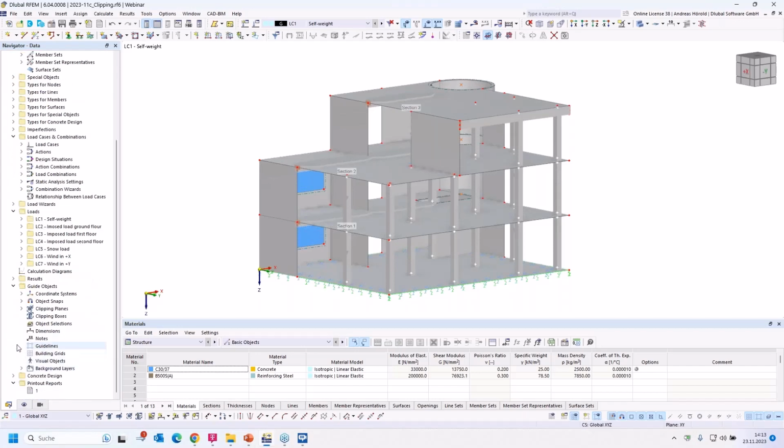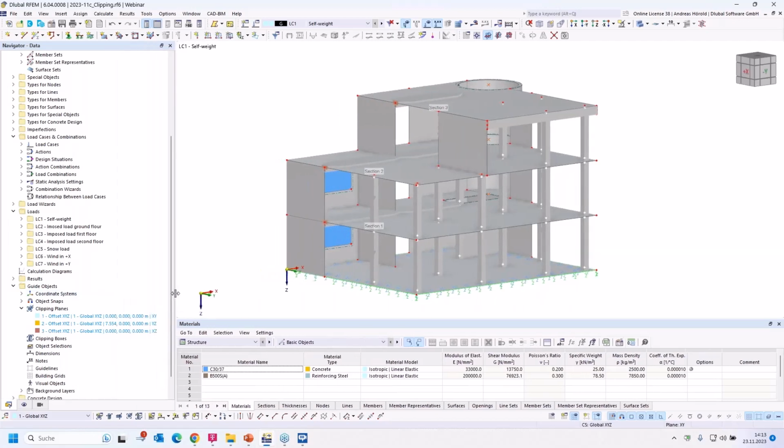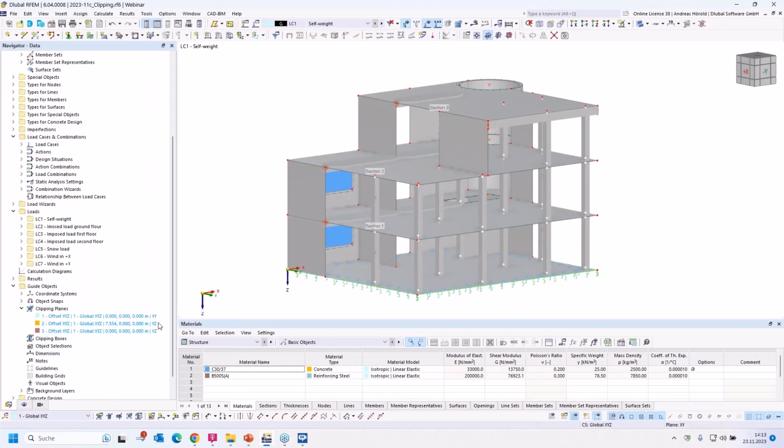So you can see the clipping planes here. The default setting is, I increase it a little bit, that you have got the three areas as default. They are created by default and you only need to activate them.